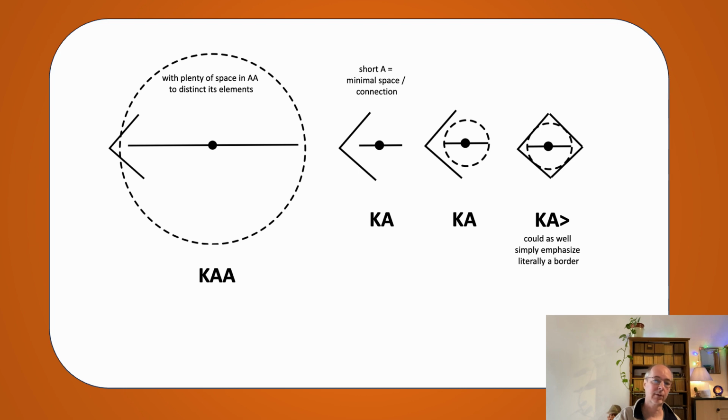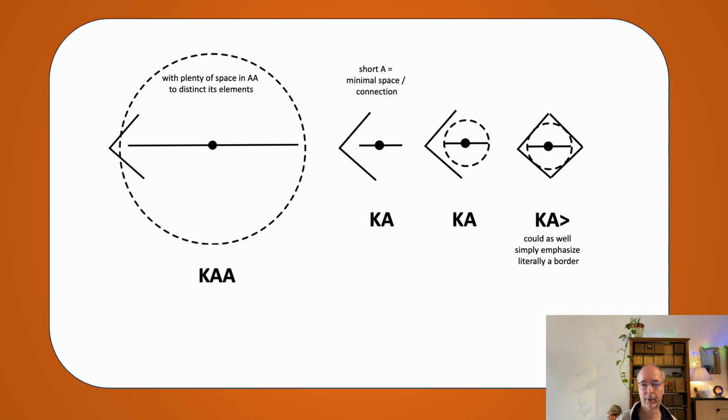So the solution here can be something much more simple and physical as well. This breaking apart can be just like a corner, simply like that, a border, nothing more than that. That's already enough. With a short A you can do that. With a large A, not, because you give more time, more space, more center vision. With a short A, it's very short. The K is short, the A is short, so it gives you a very short breaking moment.